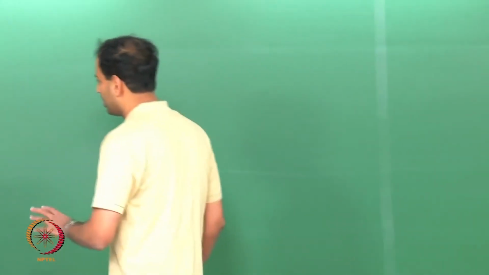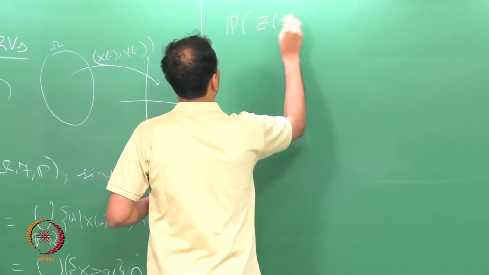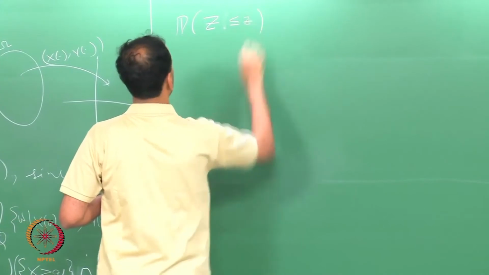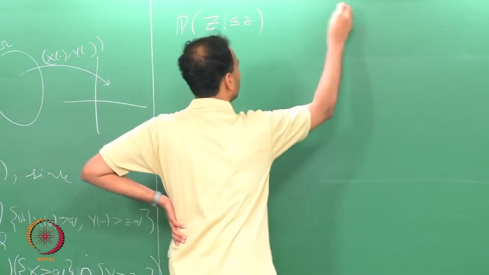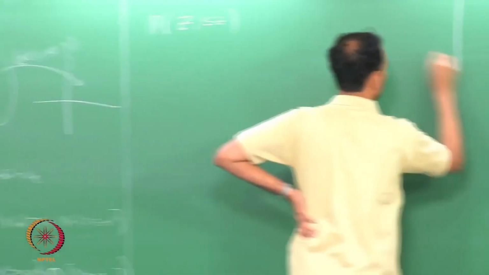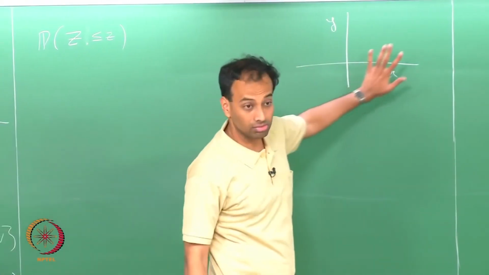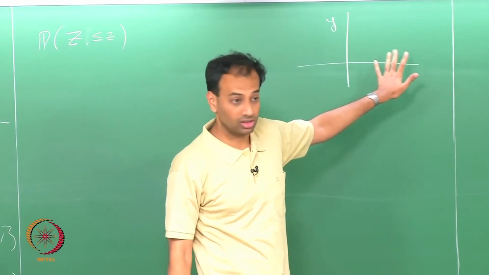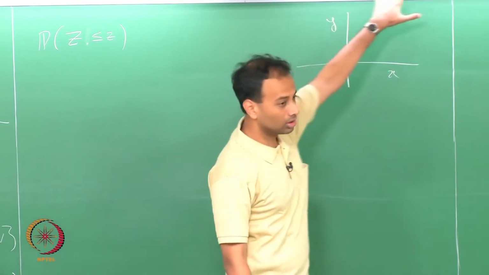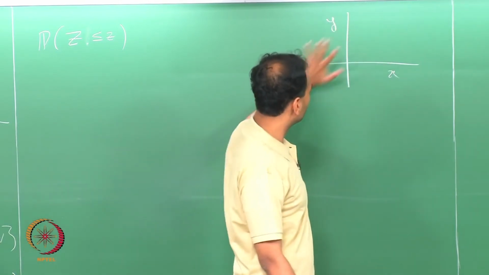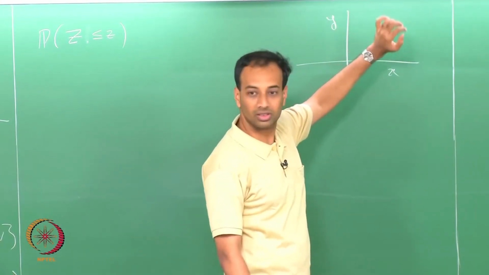So, you are basically looking at the probability that, let us say this is the probability you want. Z is equal to X plus Y. Let us say you are given a CDF. This is my XY plane and the joint CDF of X and Y is given on this. It will start off at 0 at minus infinity and go to 1. It will be some 3 dimensional surface, 3 dimensional figure on this, correct.